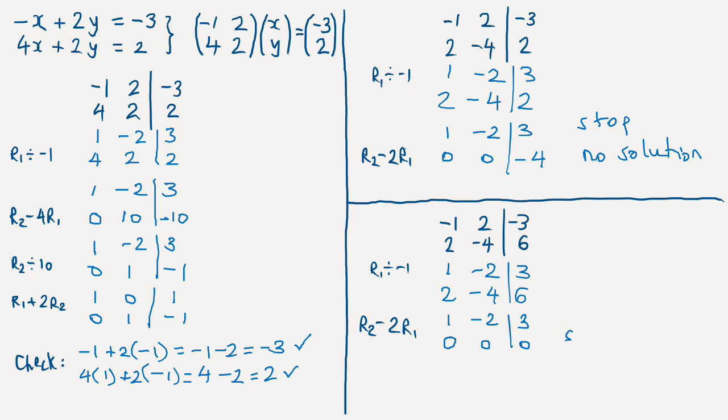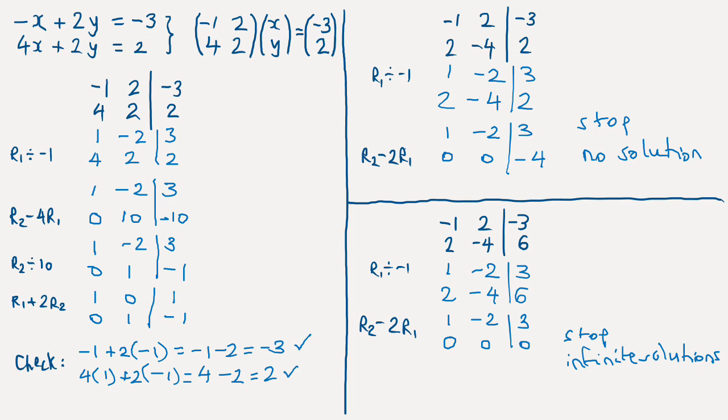So if we end up in this situation here, where we've got zeros on the left hand side of the line and also a 0 on the right hand side of the line, then that's telling us that we've got an infinite number of solutions because we've reduced our system to a single equation. So this is an infinite number of solutions. Geometrically, it's two lines on top of one another,